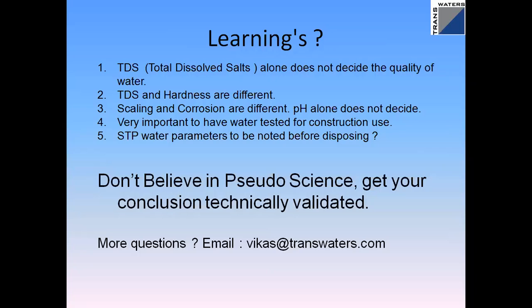What generally happens in an apartment is that if they have a softener, they follow a thumb rule saying they'll put so many kgs of salt. Generally, the thumb rule is if you have a 1,000 liter softener, every 1 lakh liters they'll have to put salt. The quantity of salt is also very important. If your resin capacity is 1,000 liters, you'll have to put 180 kgs, which is 18% of the total resin capacity. They might not have hardness reduction because they do not put salt at regular intervals. So that could be one predominant reason.